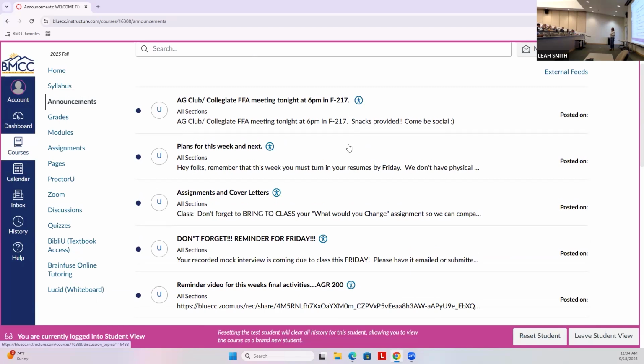If you don't have your announcements available to you on Canvas, and we'll talk about setting up notifications, if you don't have that done, then you don't know. And then at that point, it's on you, it's not on your instructor. So announcements are an important thing. You don't necessarily have to click on them and look at them every day. If you have your notifications turned on, they should pop up and be available for you.